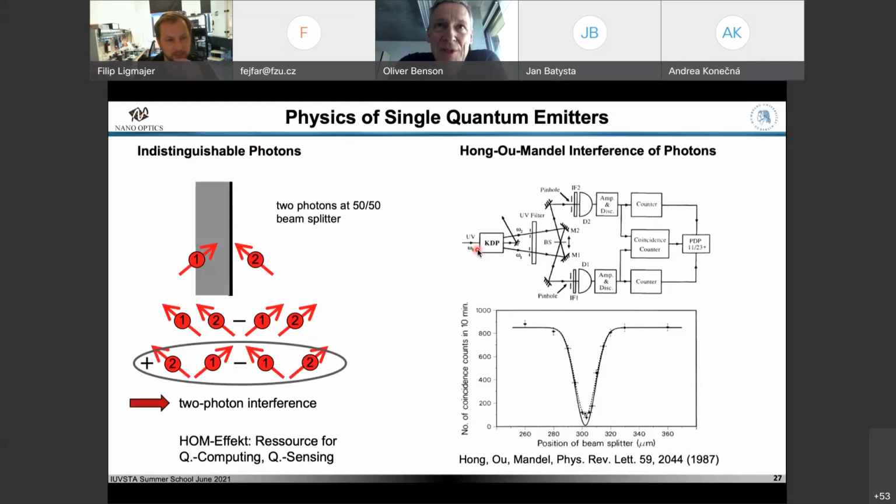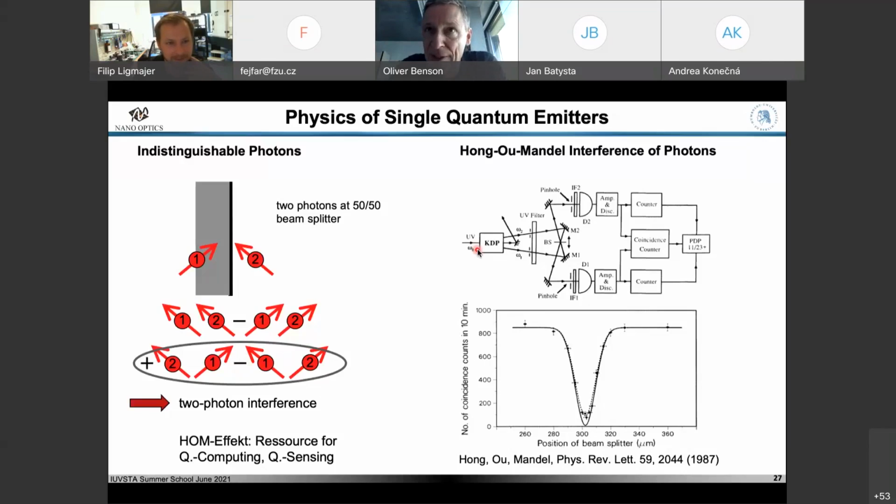Maybe just as a hint, you may have a scenario where you also detect one photon at each output port, but you have to use another input state for this. And maybe the last hint that I can give: please consider the symmetry of the states that you have. But in this scenario, with one photon coming from the left and one from the right, identical for the two photons, they are bosons and they would bunch together. If you would use electrons in the same situation, then the two electrons would always go to different sides. So they are fermions, and they show a different statistical behavior.